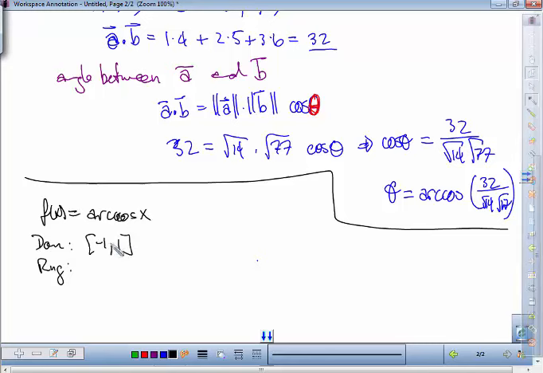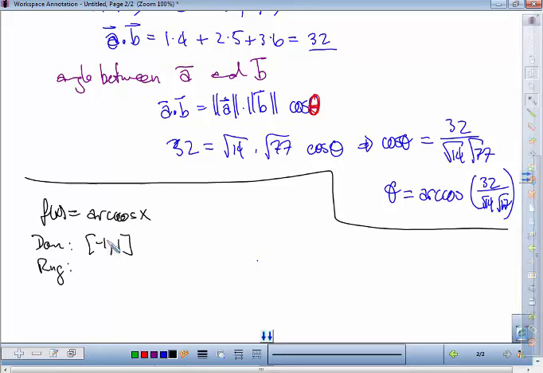For the range, it's got to be all angles. So that one I'm a little confused. 0 to 2 pi is only one iteration of that, it keeps going. So you say 0 to infinity pi. Okay,